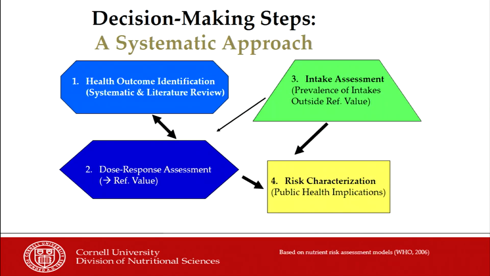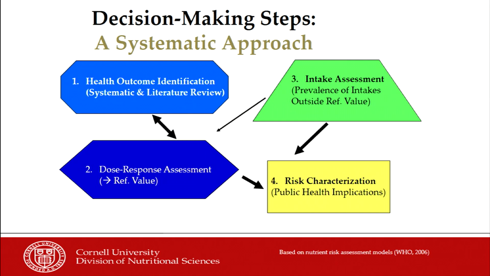Our current process for setting dietary reference intakes is in the risk assessment framework, and I've chosen to use language that is not from the toxicological risk assessment framework. So those of you very familiar with hazard identification are going to see health outcome identification. But what this means is within the context of setting a DRI, you must identify a health outcome because you're looking at the risk of that health outcome occurring. And this is done through systematic and additional literature reviews. And causality is important in this relationship.